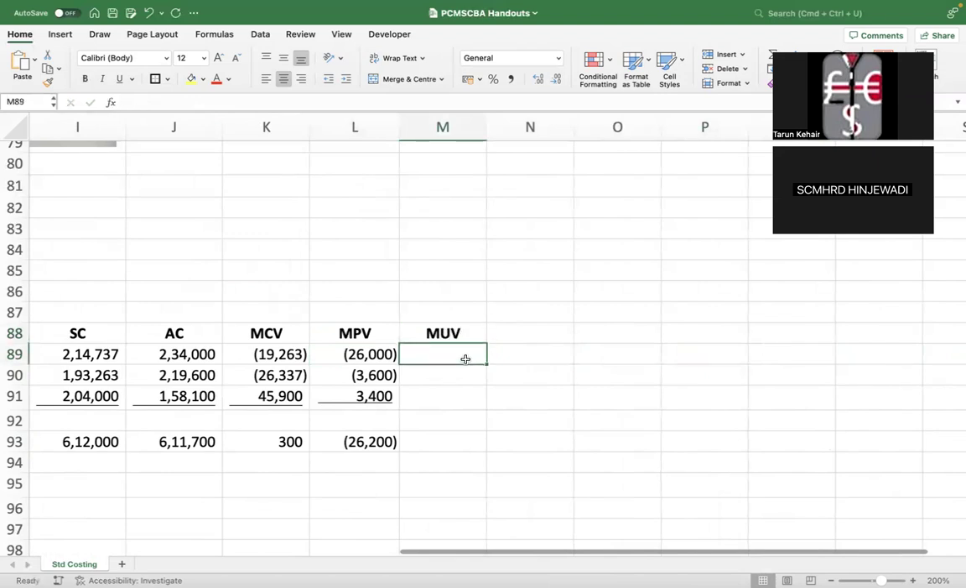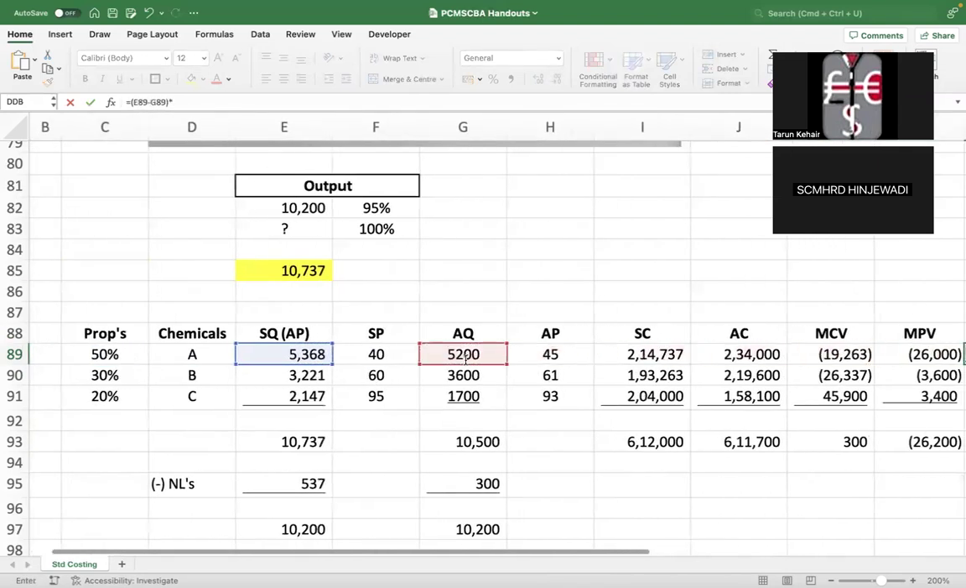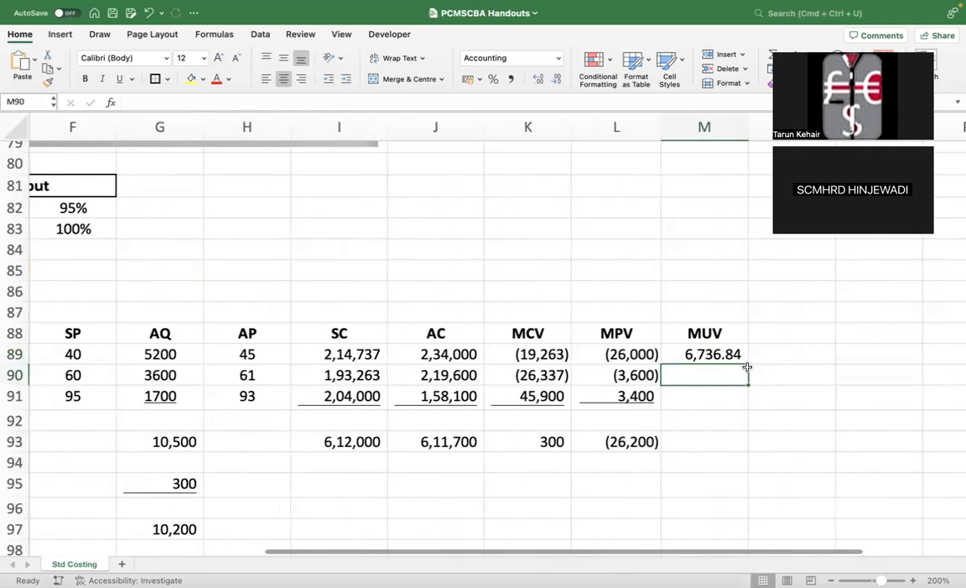Now we will come to material usage variance, which is your standard quantity minus actual quantity multiplied by standard price. So that is 26,500 rupees favorable. Right? Now, what is the next step? We have done material cost variance, price variance, and usage variance. Next, we have to find out